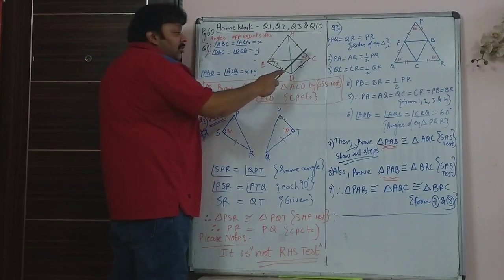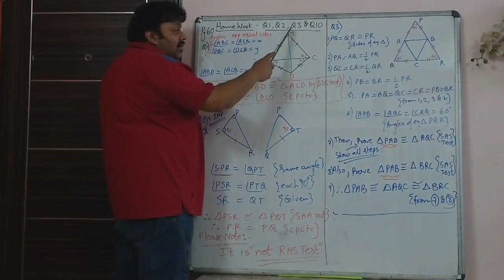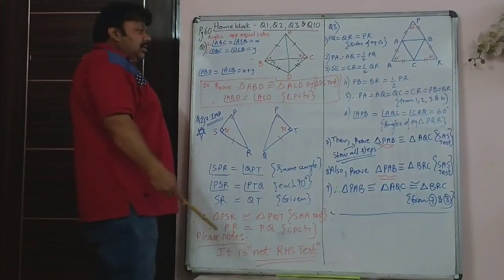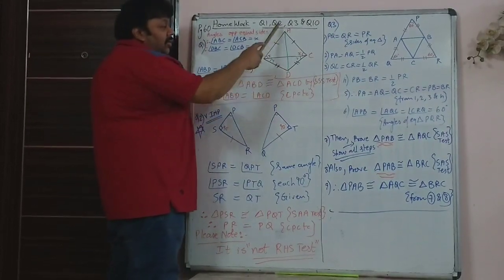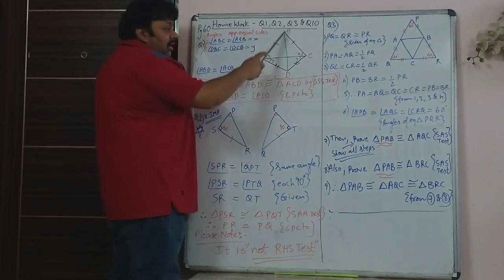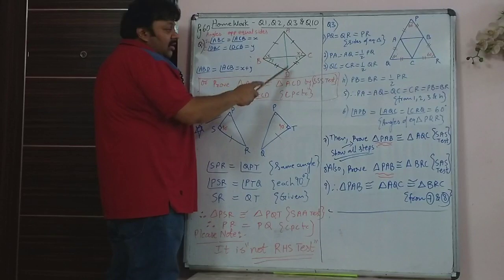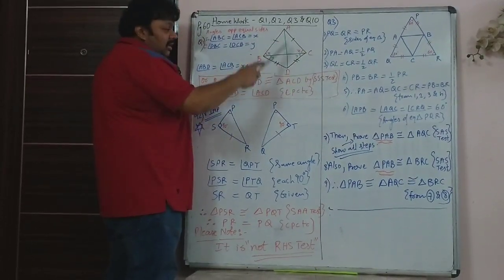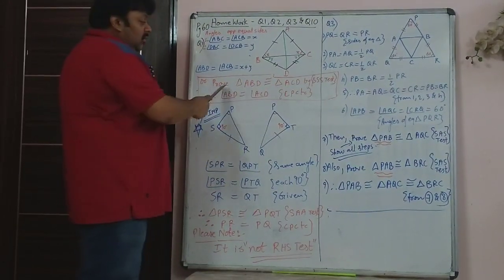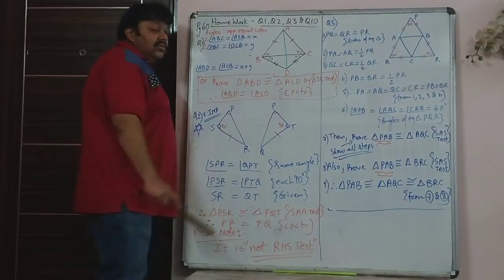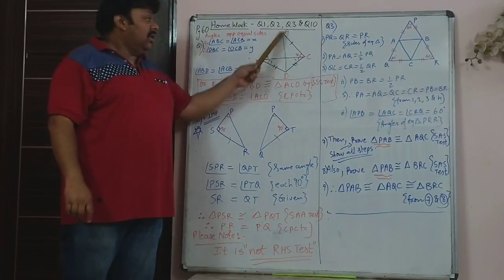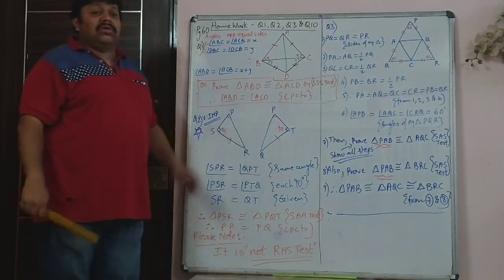So therefore you can add them both and say that ABD is x plus y, ACD is x plus y, so those two angles are equal. Or simpler, you can take triangle ABD and ACD: AC equals AB, BD equals CD and AD is common. So those two triangles ABD and ACD are congruent by SSS test. So the corresponding angles, angle ABD and ACD, will be congruent by CPCTC.